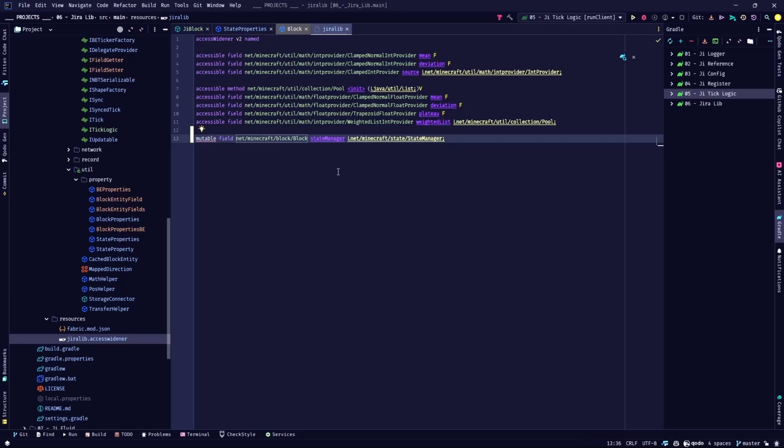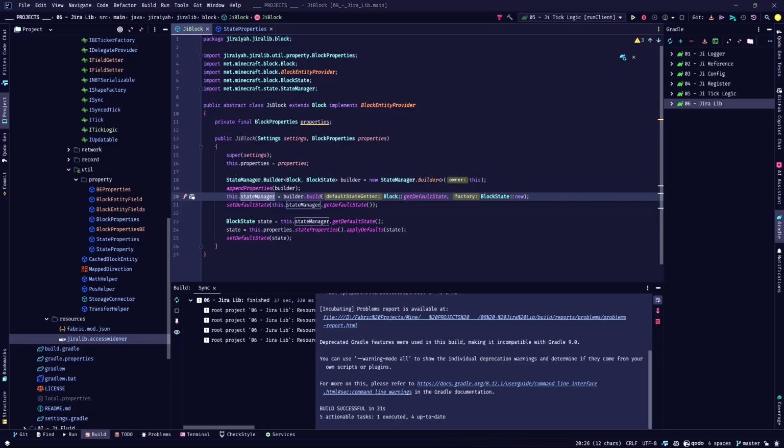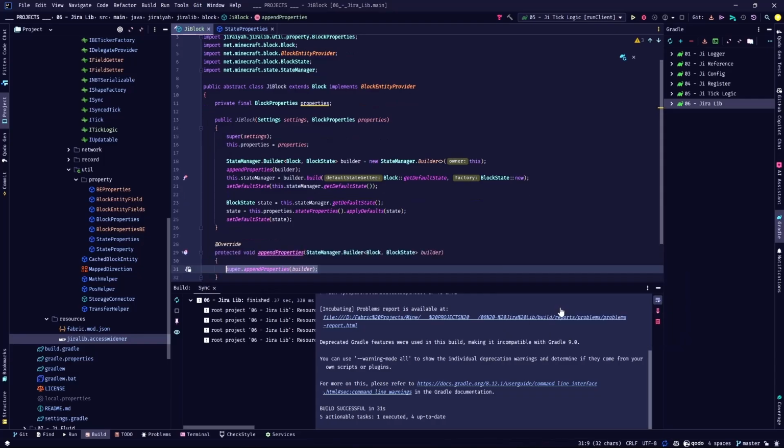And because I did add an entry inside my access widener, now I need to reload my Gradle project, and I will come back when it's finished. And as you see, now you don't have any errors about this being final. After the constructor, we have the append properties to handle. So append properties. Normally, as I said, we would cache the builder and add builder to this and that, but